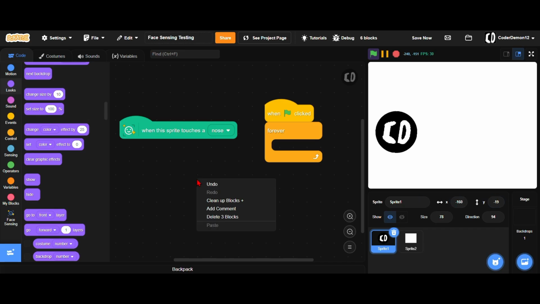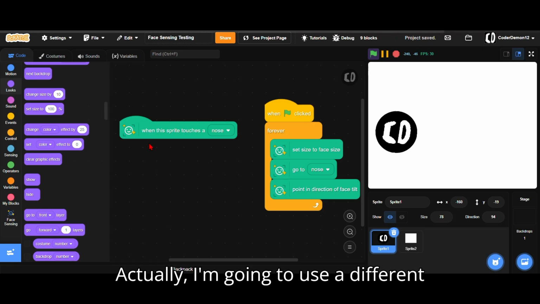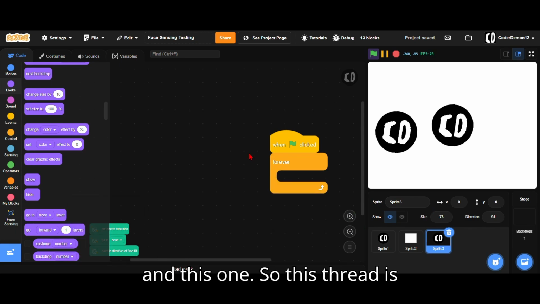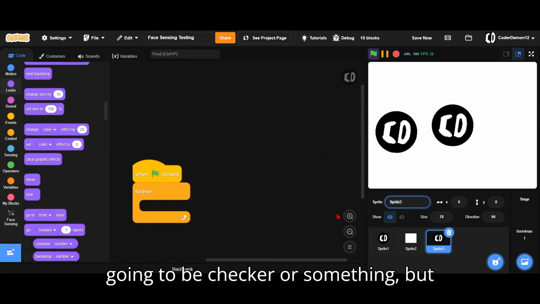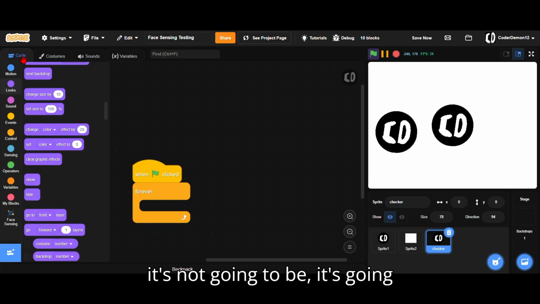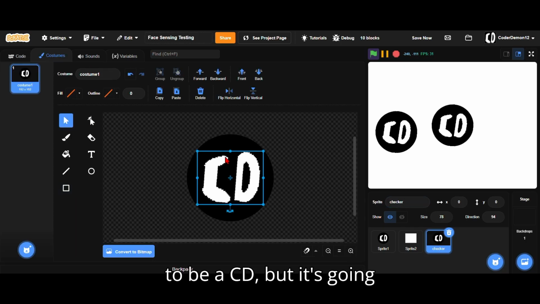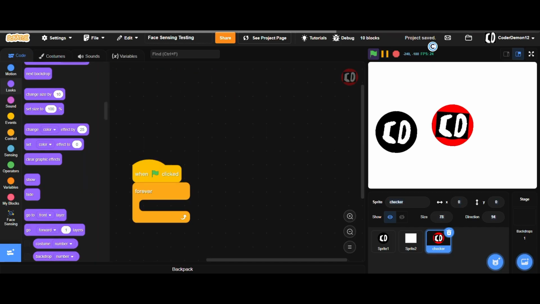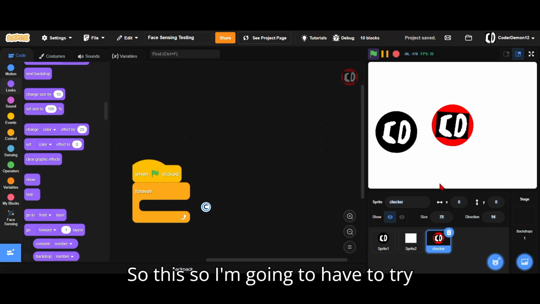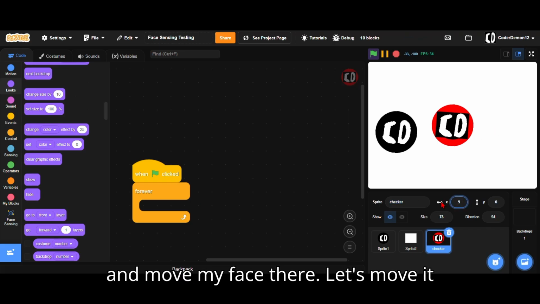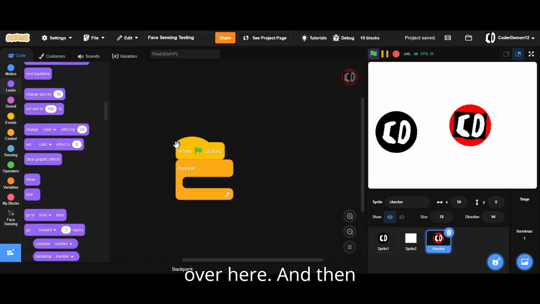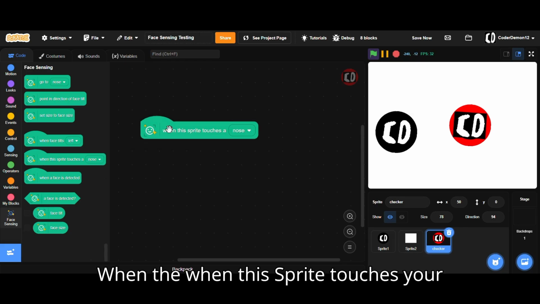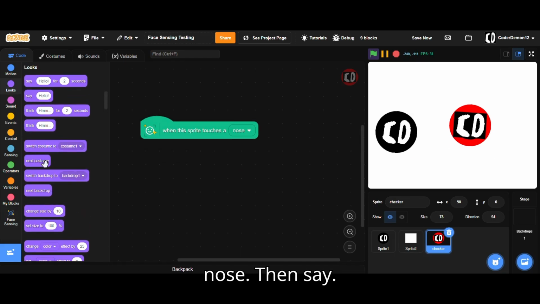Actually, I'm gonna use a different sprite. I'm gonna duplicate this sprite, and this one. So this sprite is gonna be the checker or something. It's gonna be a CD, but it's gonna be red. So I'm gonna have to try and move my face there. Let's move it over here, and then let's say when this sprite touches it, let's say